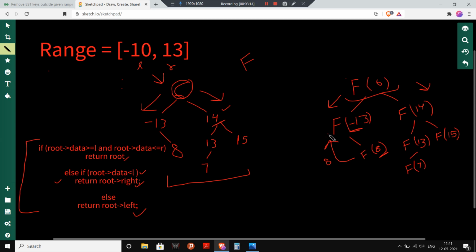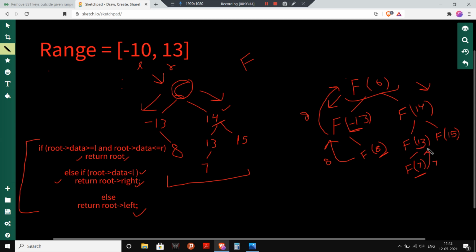So I will return this 8 from here. So this 8 becomes the right child of the left child of this 6. Now for 7, we can clearly see that 7 is greater than or equal to L and less than or equal to R. That is this condition, so we will return this root, that is, this 7.